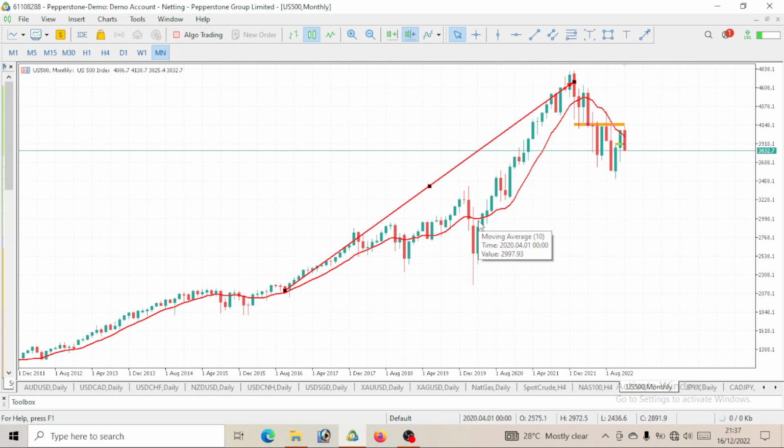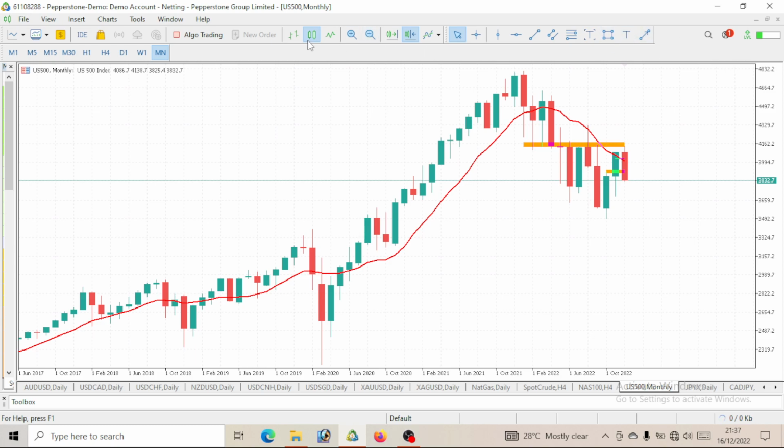I've also added this 10 period moving average. Now, we all know that once this price is trading above our 10 period moving average, there's only one movement we should watch out for, which is to go long. We should see this as a bullish move. As long as it is trading above our 10 period moving average, then clearly that is an uptrend move.